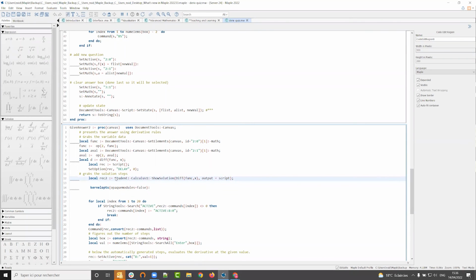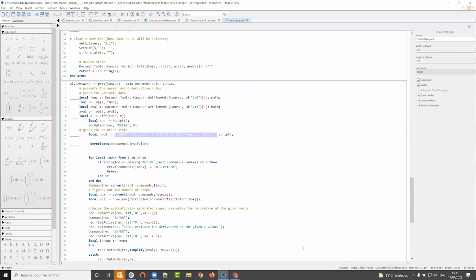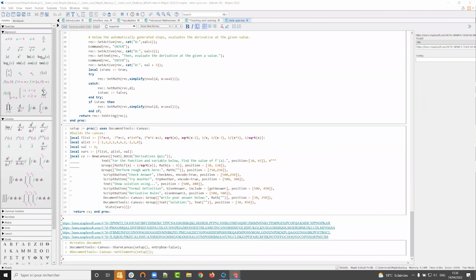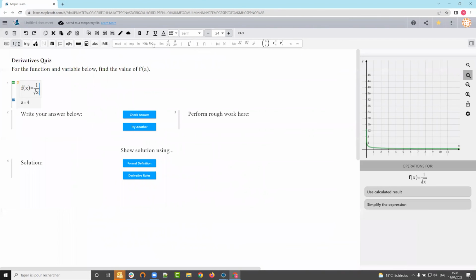So you can see that here we've used the student calculus package with the show solution for a differential. So let me show you what the document looks like when I develop my steps programmatically, or when I use Maple and the Maple kernel for the steps. So this is my quiz that corresponds to the worksheet that I showed previously. And you can see that I've made it really interactive and included some buttons by using all the document canvas tool